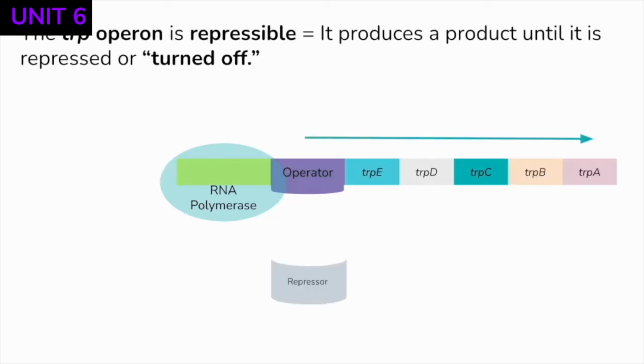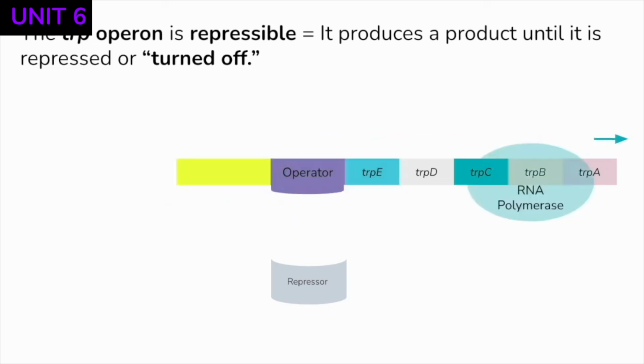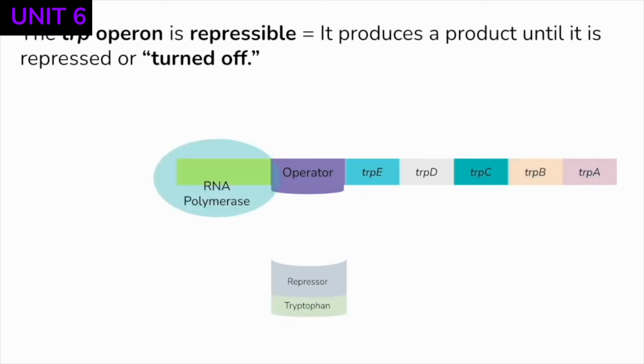Let's take a brief look at a repressible operon. This is a type of operon that's going to keep transcribing or keep producing a product until it's turned off. So in its usual state, it is transcribing and creating these proteins which will generate tryptophan, something the cell needs. But if tryptophan is present in the cell, we don't need to build proteins to make that tryptophan itself. So tryptophan will bind to a repressor, bind to the operator, and then prevent RNA polymerase from transcribing the rest